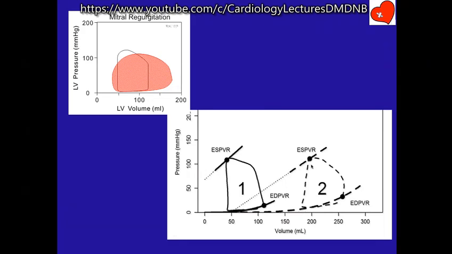So this is an end stage of mitral regurgitation. The increase in end diastolic volume, increase in end systolic volume, and you can see that the area under the curve is also much reduced, isn't it? So it says LV dysfunction with mitral regurgitation. It could be late phase of valvular MR, it could be a cardiomyopathy, it could be myocarditis, I don't know what it is. But do you understand the difference between this and this?